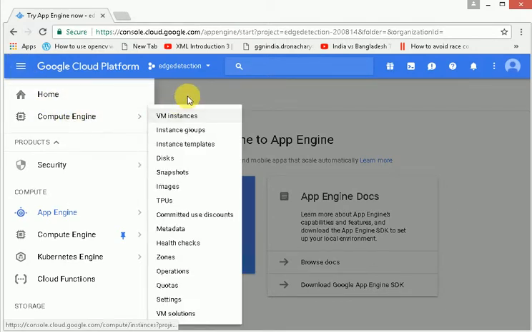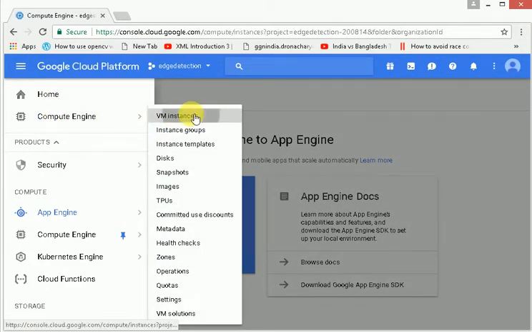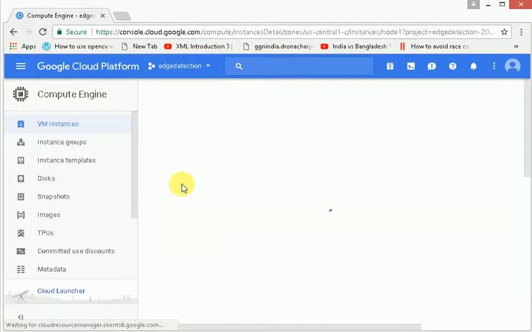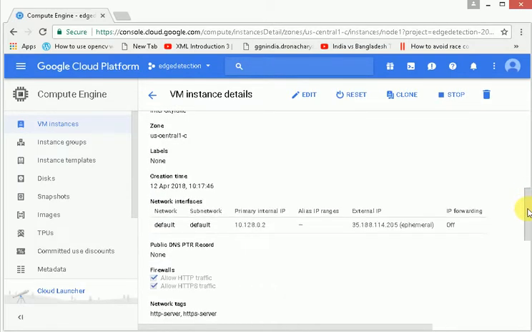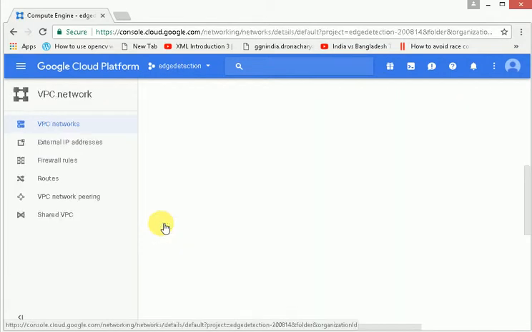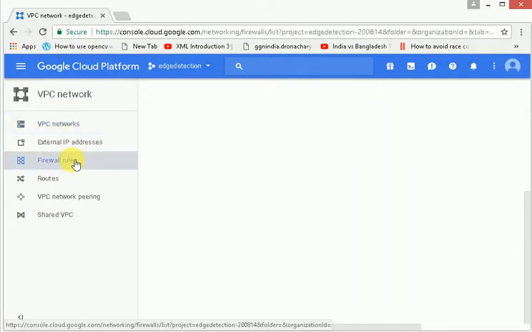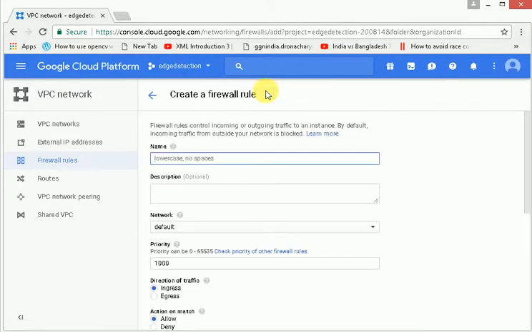Compute engine or VM instances, click on node 1, click on default, and this is the tab of firewall rules. Now we can see here different incoming connection names. Then we click on create firewall rule,